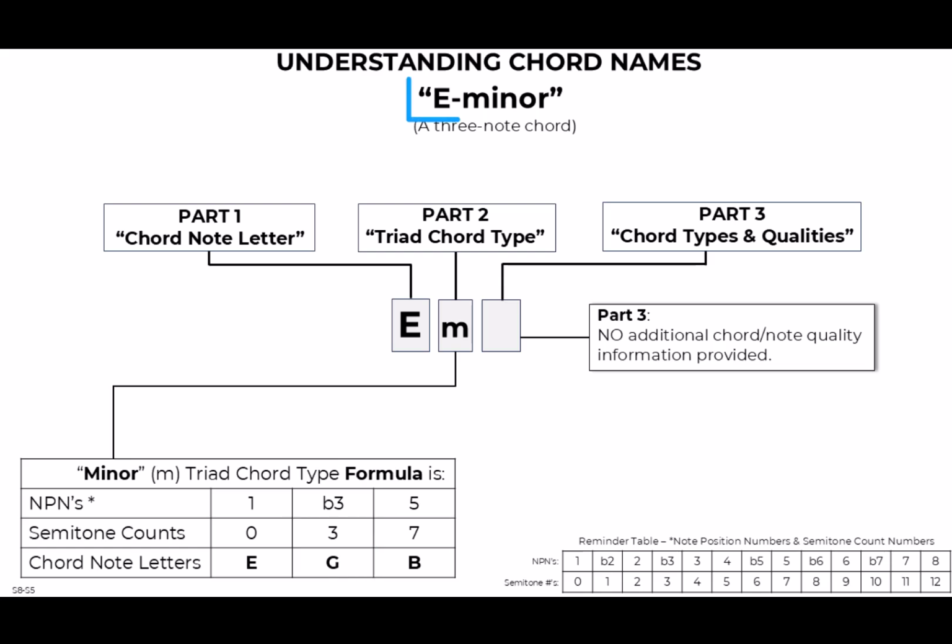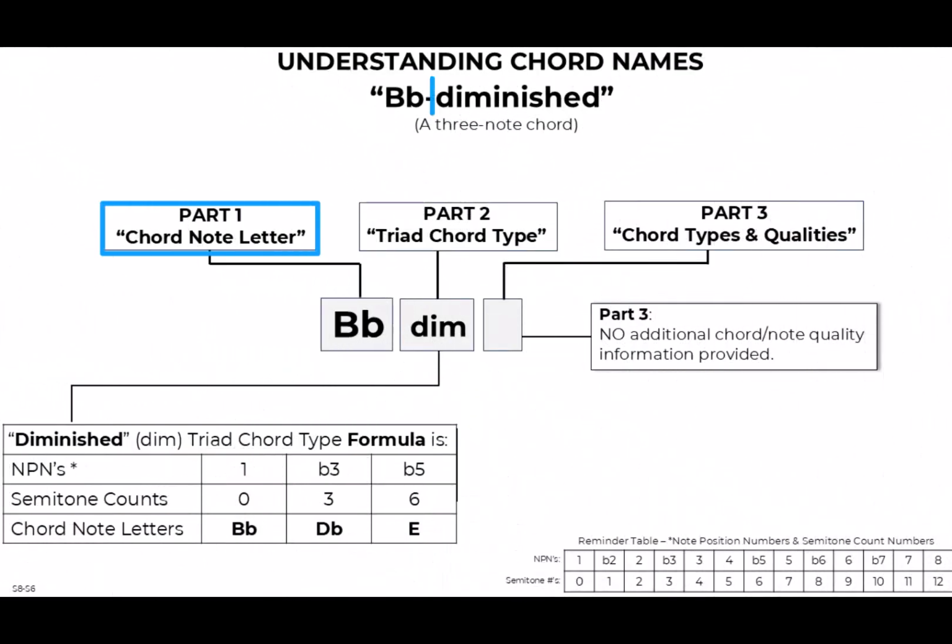Thus, an E minor chord is formed and played simultaneously with the notes E, G, and B, no matter what octave they are played in. No exceptions, and they never change. It's that simple. In Part 1 of this diminished triad chord, we see the B-flat note letter name to be